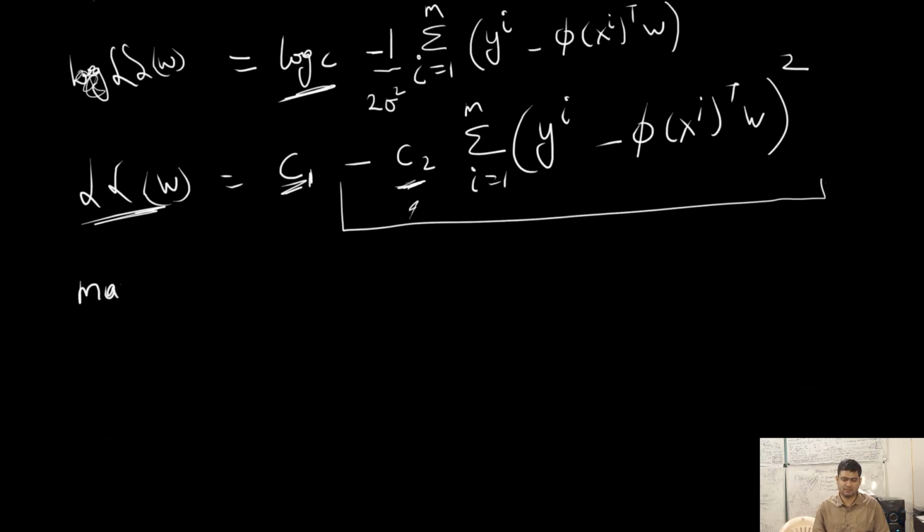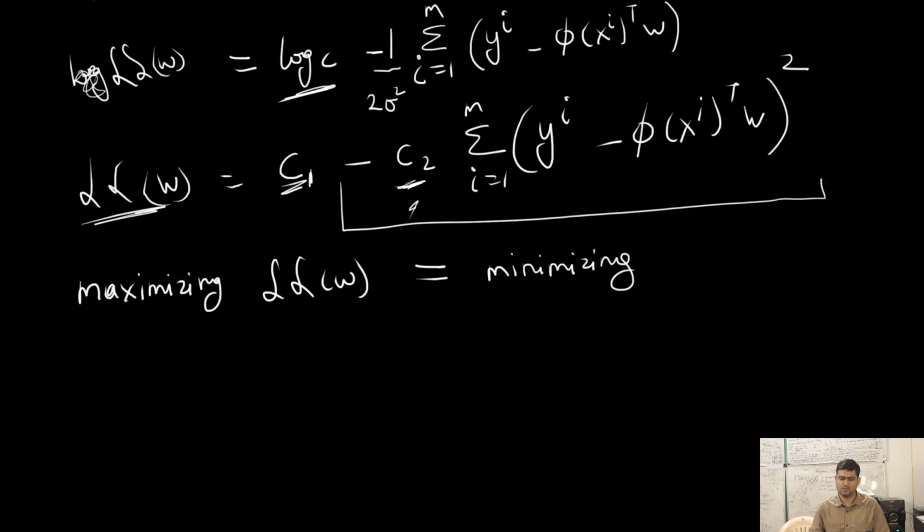So maximizing the log likelihood of w is the same as minimizing the negative of the log likelihood of w. Right, so we just take the negative, and this becomes the negative log likelihood of w, which is some constant